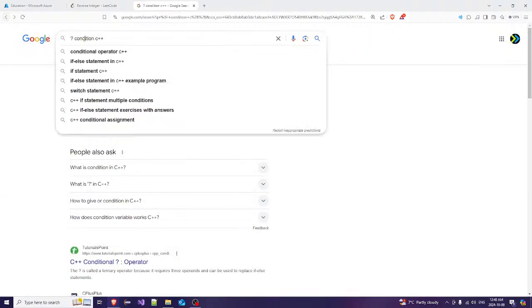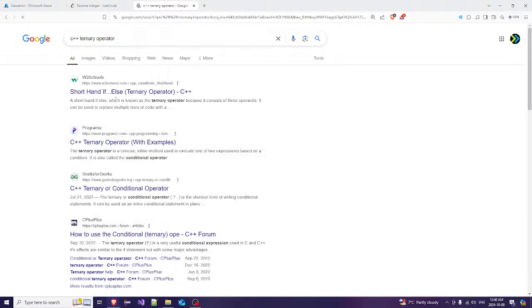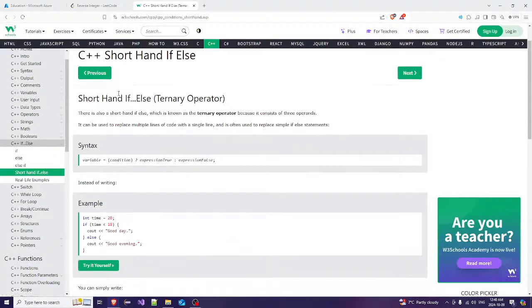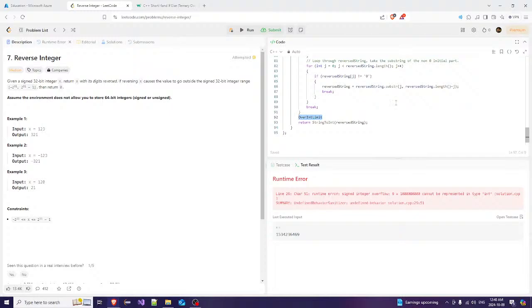What is it? It's like a ternary operator. If that is true, good day. Good evening. So